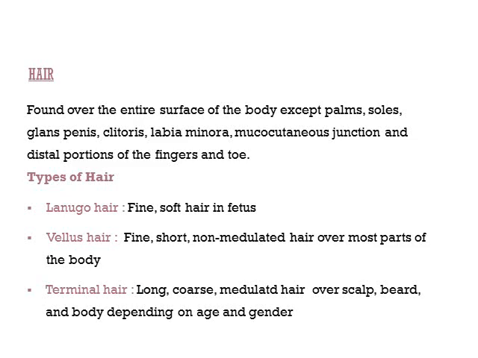Lanugo hair is the one which is found in fetus. Vellus hair is found in almost all parts of the body. The terminal hairs are those which are thick hair, which is found on the scalp and in the underarms and in the